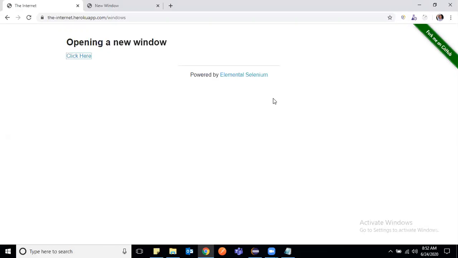There may be cases when more than one window is available, two, three, four, based on your application.